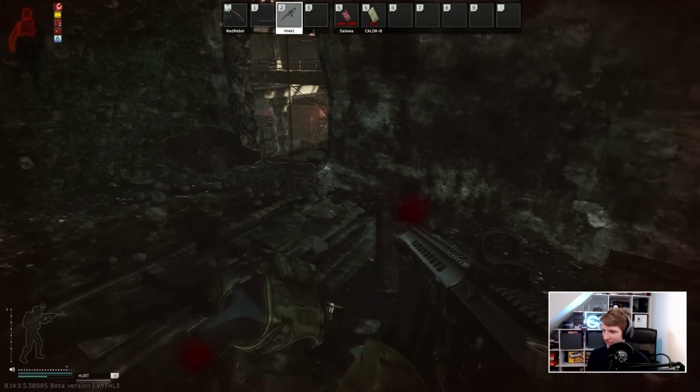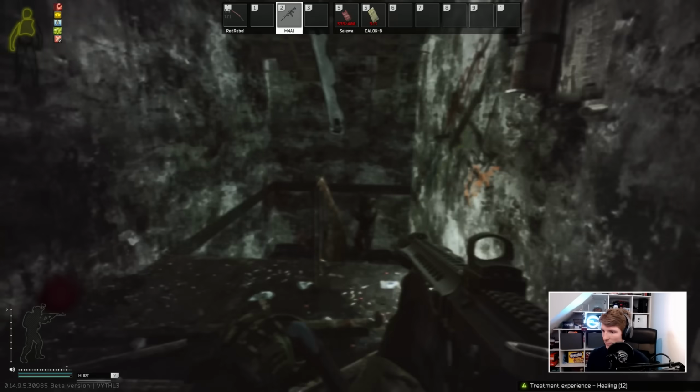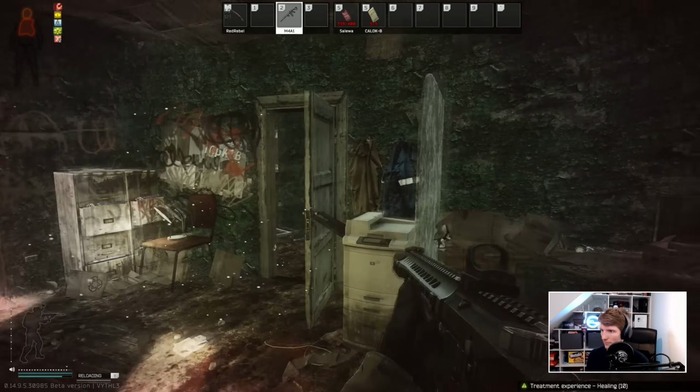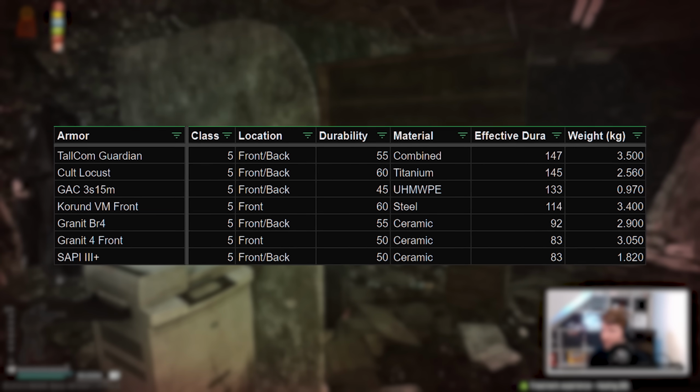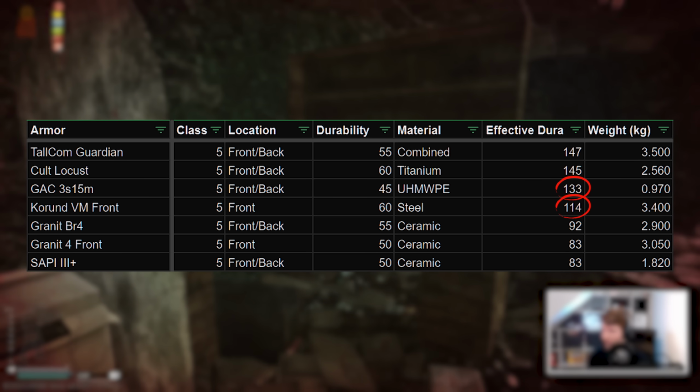95% of the work these days is being done by the front and back plates, and in Class 5, most of these are either not really available or not very good. One of the problems from a balancing perspective with the Karun plate and the GAC plate via the AACPC being so accessible is that with their effective durability and material type, they are actually better than most of the other